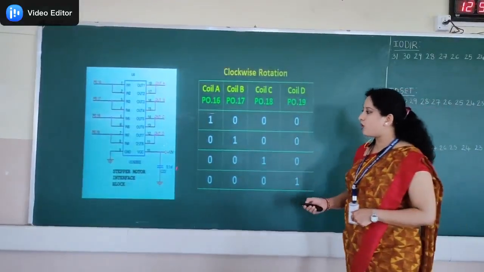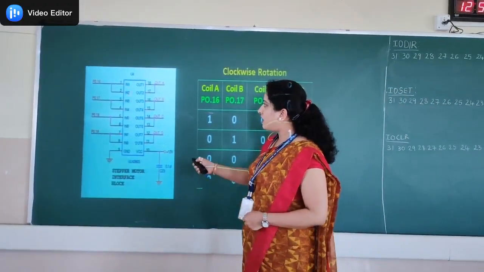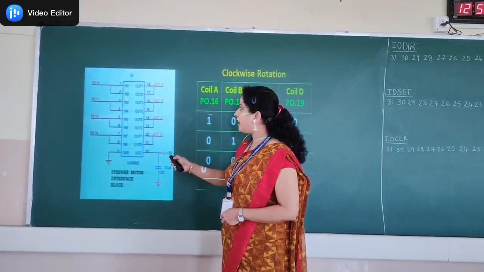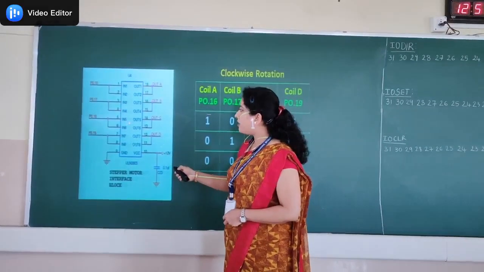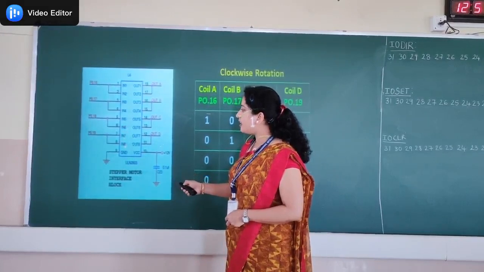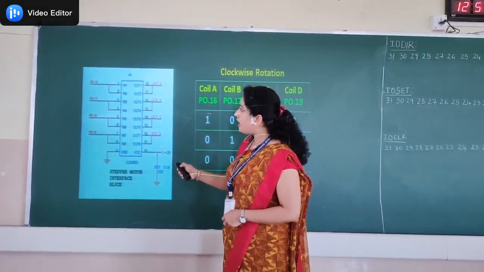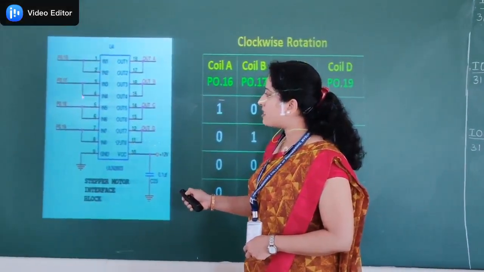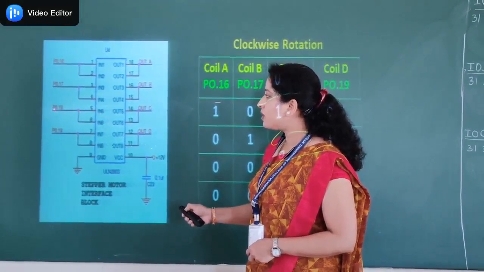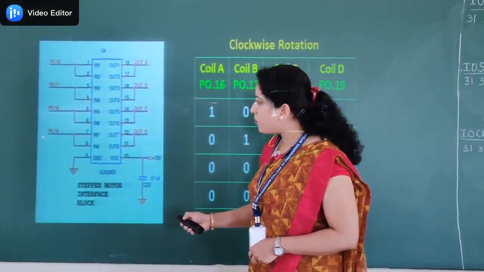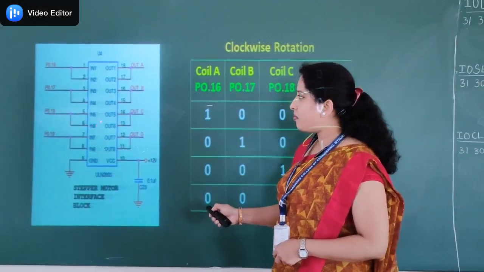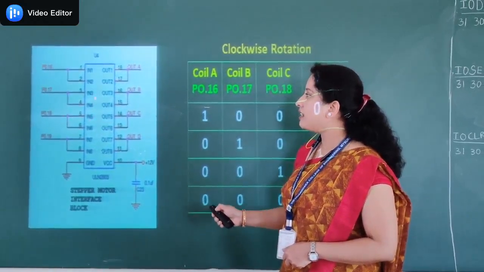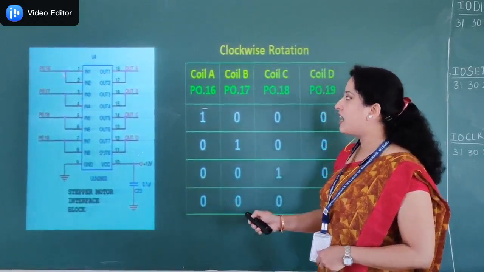So this figure shows the block diagram of the stepper motor interface. If you look at this side, the pins in1, in2 represent phase A or coil A, in3, in4 represent coil B, in5, in6 is coil C, in7, in8 is coil D. Coil A is controlled by 40 pin number P0.16, coil B by P0.17, coil C by P0.18, and coil D by P0.19. So by applying a high pulse in a particular sequence on these 40 pins, we can rotate the stepper motor in clockwise or anti-clockwise direction.